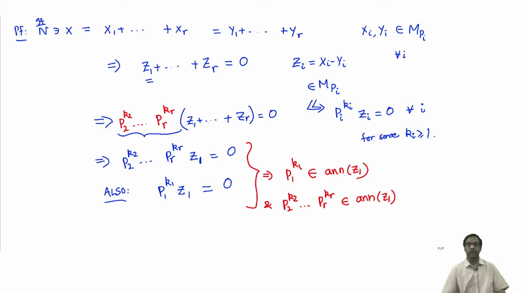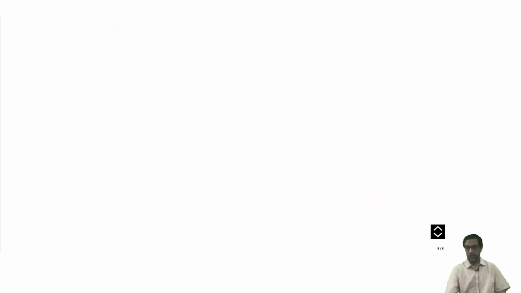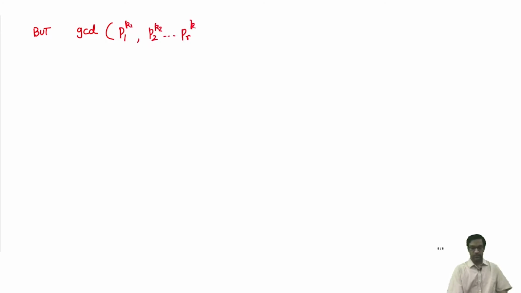They don't have any common prime factors here. So what does that mean? If you recall from the lecture on PIDs and so on, the GCD of these two elements is 1,